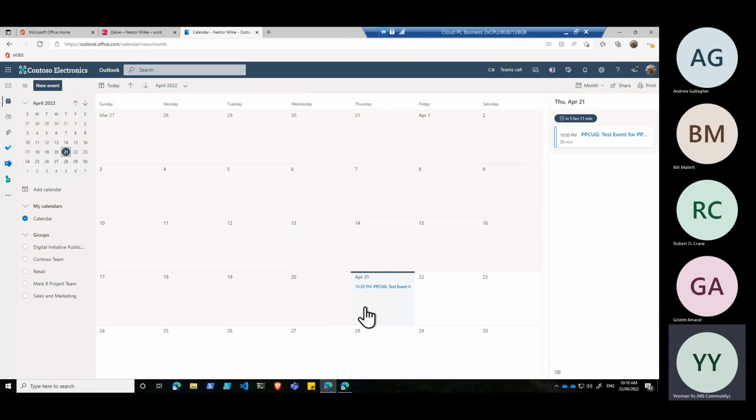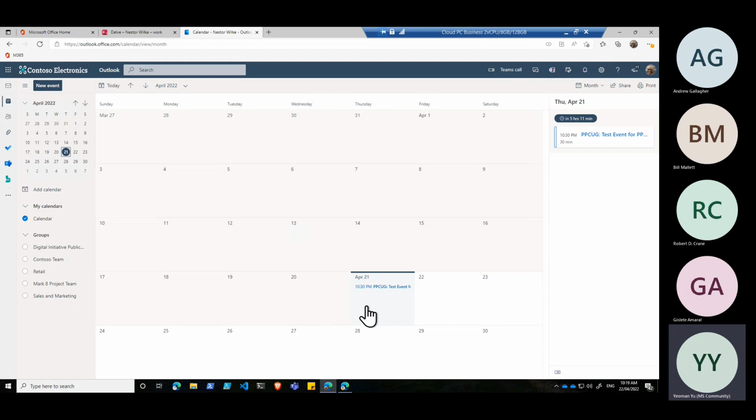So this is at least a one-way pushing of the calendar item from calendars that you have all over the place into one master calendar. So at least you can arrange your day and keep on top of all your various different calendar items from all over the place.